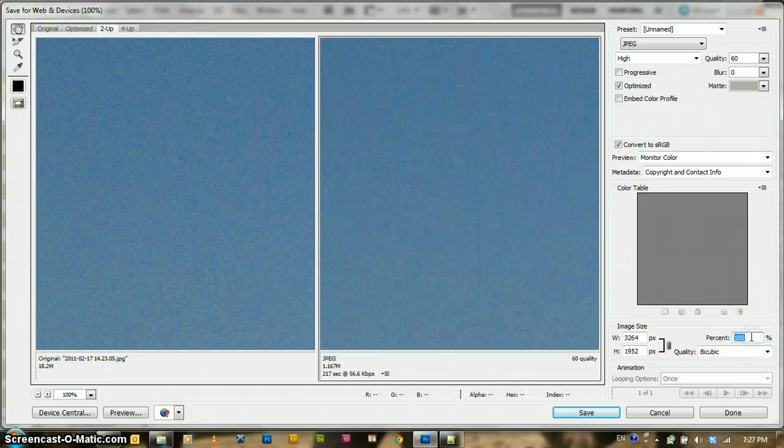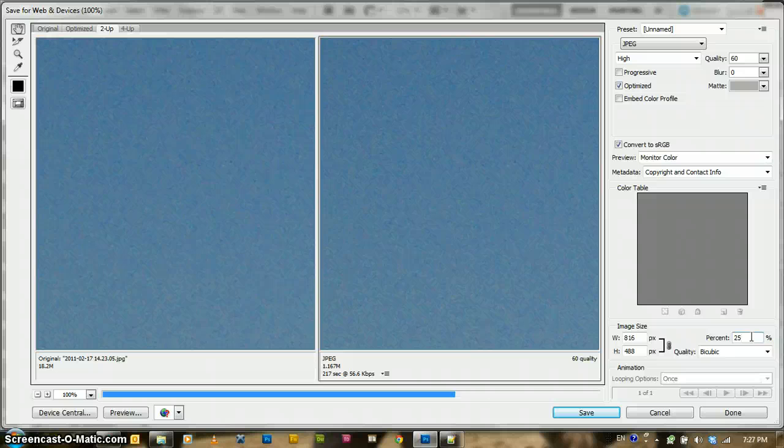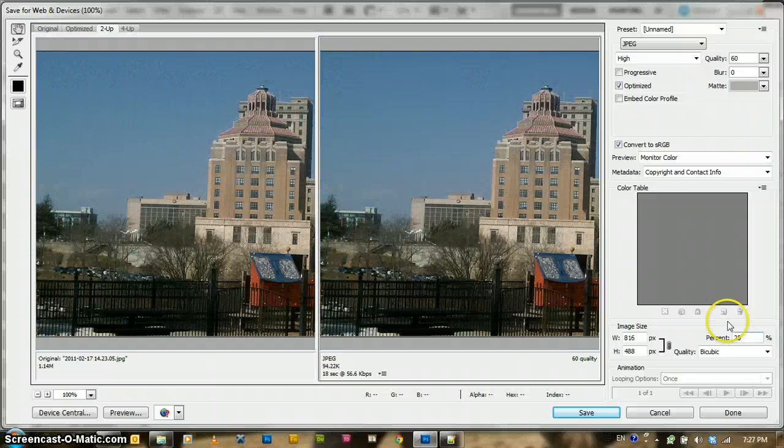I'm going to reduce the size a little bit. I'm going to just say that I want it to be closer to 25%. Excellent. So you can see, just by virtue of bringing it in here in our Save for Web and Devices dialog that we have in Photoshop, we can see that the original is 1.14 megs, which is completely unacceptable for downloading on a website. And just by virtue of changing the quality of the image